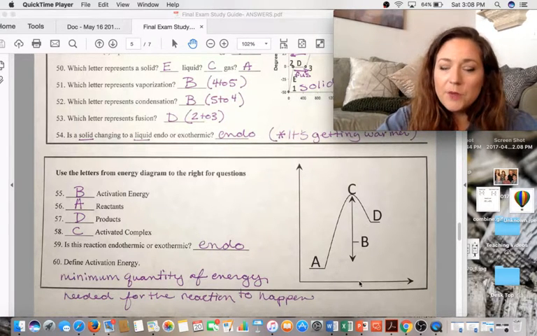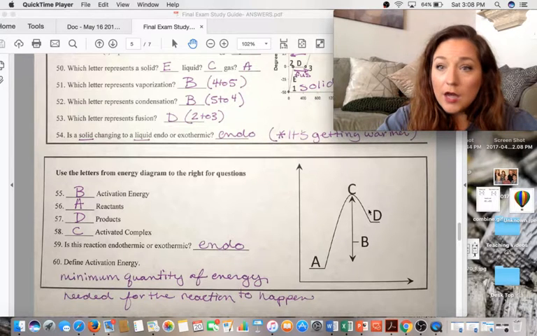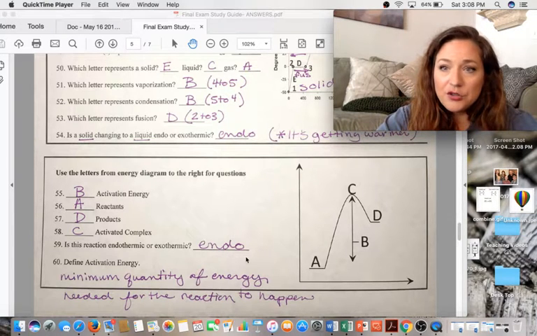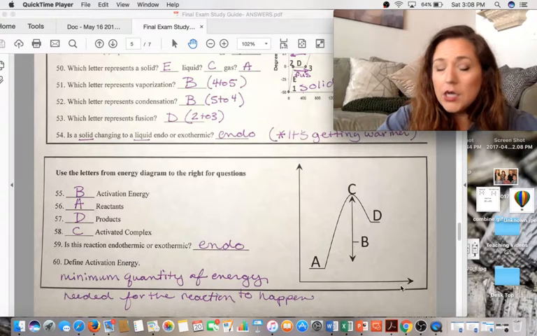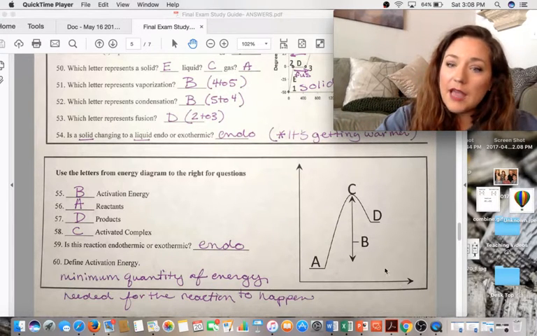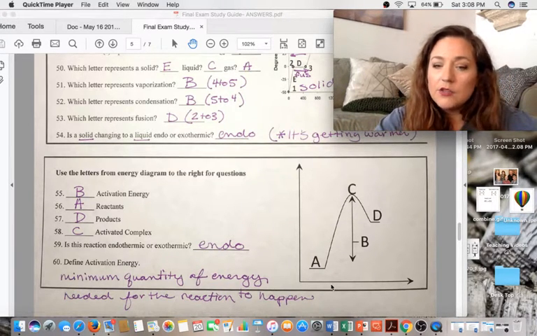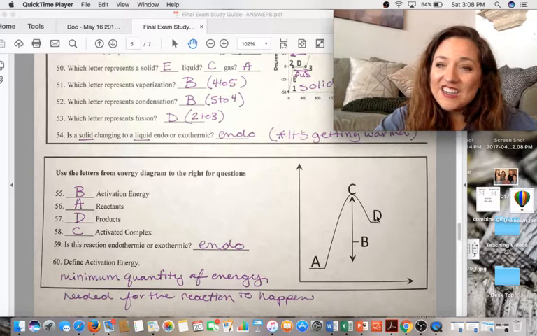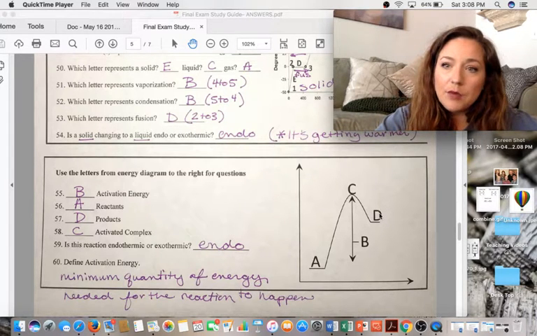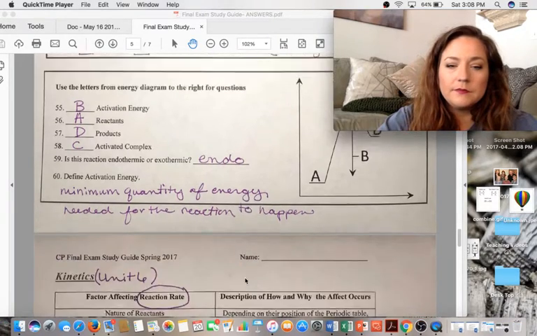So please remember, when your products are higher than your reactants, so D is higher than A, that is endothermic. Now, if D happened to be lower than A, that would be an exothermic reaction. So anytime your products are higher, that's endo. Anytime your products are lower, that's exothermic. All right,